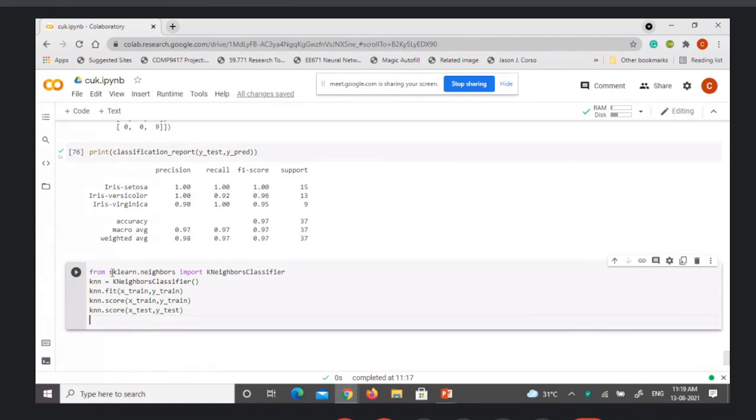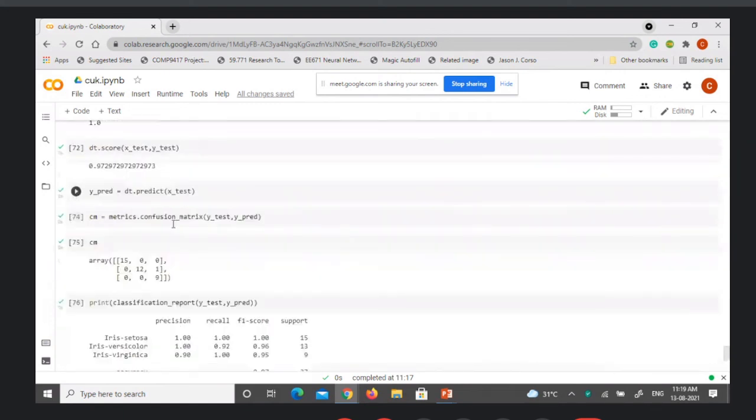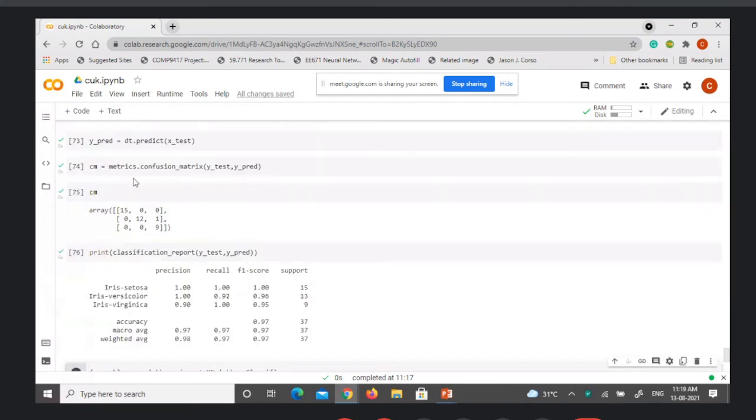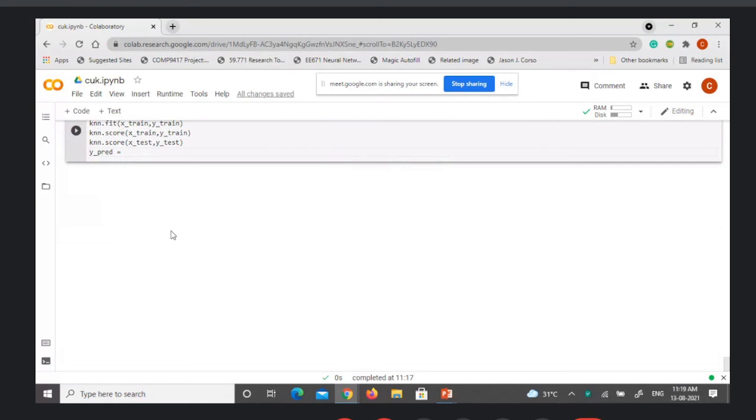And then what we have done is the confusion matrix by doing the predictions: y_pred equal to KNN dot predict on X test.